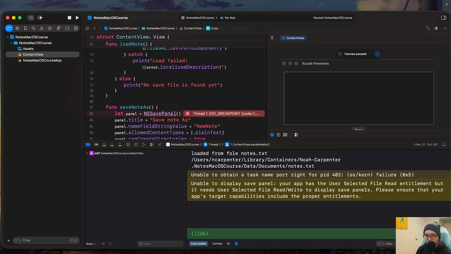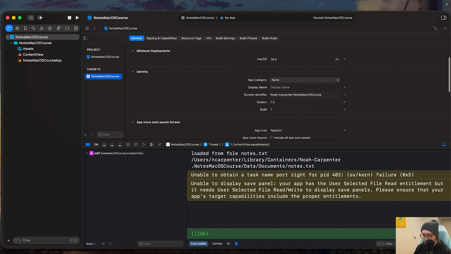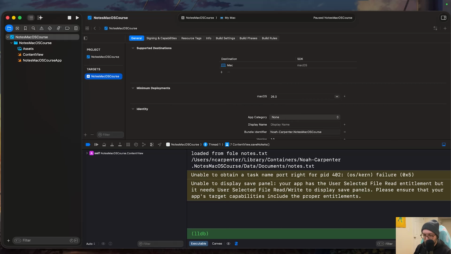From there, click on the little hammer with Xcode. It should just be whatever the top file is, same name as your project. And you'll see that we have General, Signing and Capabilities. You just may need to select the target. And if we go to the Signing and Capabilities,